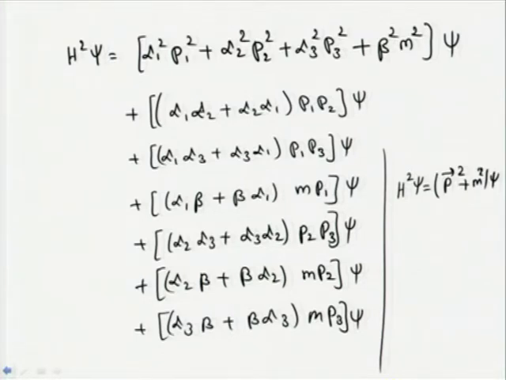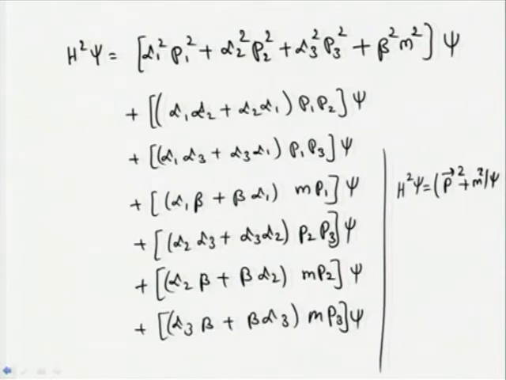It should be valid for a general momentum, any momentum. It does not matter that in a particular case P1 or P2 equal to 0, one particular term will vanish. But in general, if you want this to be so, then each of these coefficients, alpha 1 alpha 2 plus alpha 2 alpha 1, should vanish,